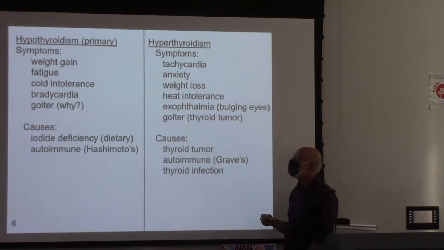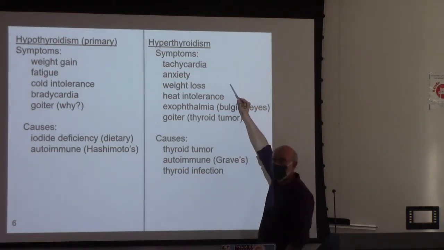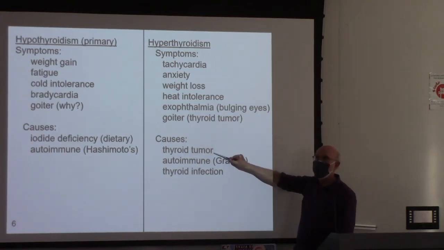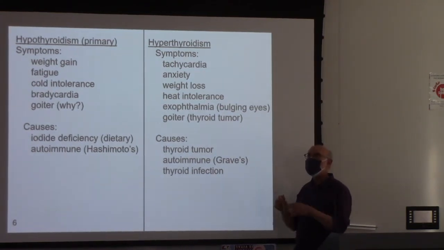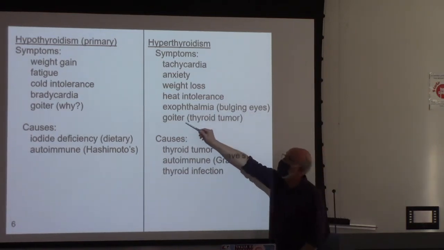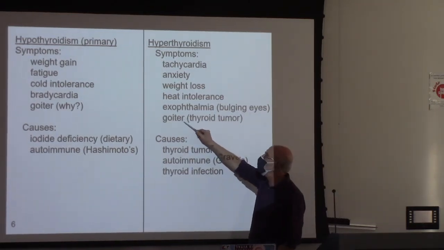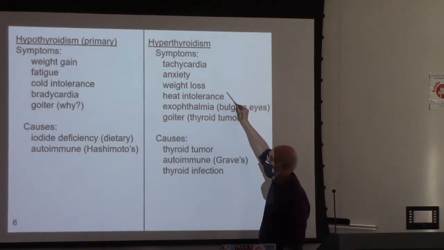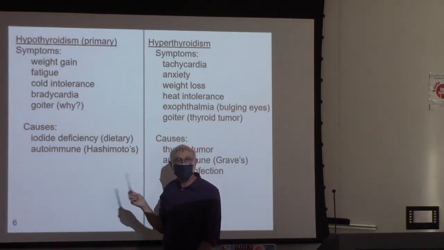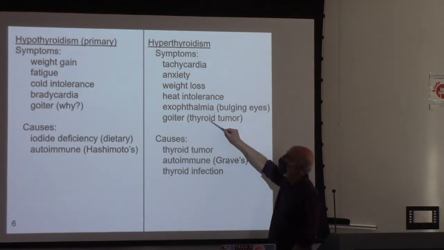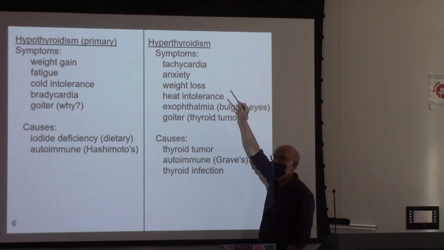And now goiter is going to come up again because there is such a thing as hyperthyroidism. Sometimes it's a tumor of the thyroid, a cancer of the thyroid, proliferation of thyroid follicle cells due to cancer. Proliferation of those cells is going to cause a goiter. But in this case, the goiter is associated with hyperproduction of thyroid hormone, not hypo. So it's an interesting dichotomy for goiter. Thyroid tumor, goiter, production of too much thyroid hormone,